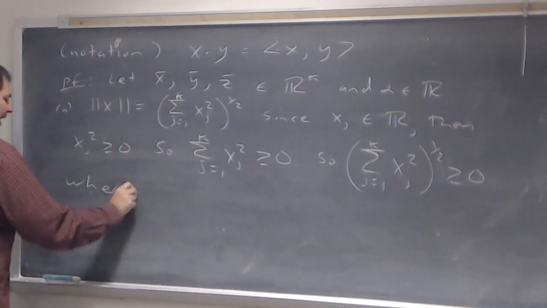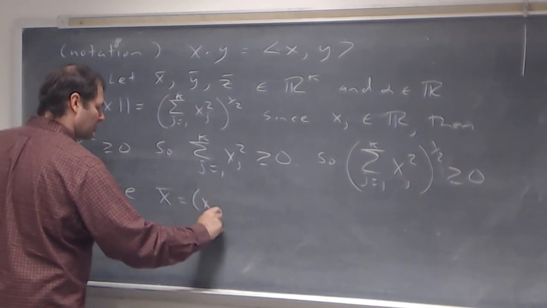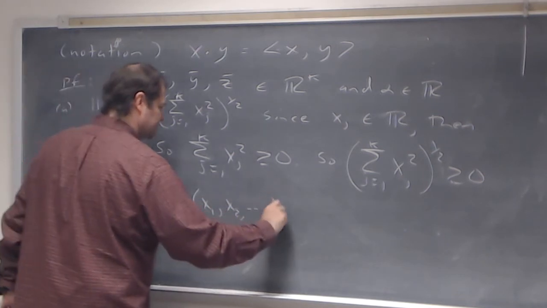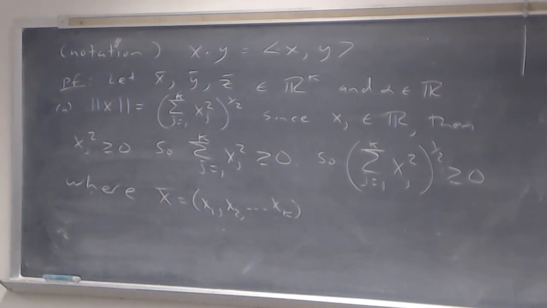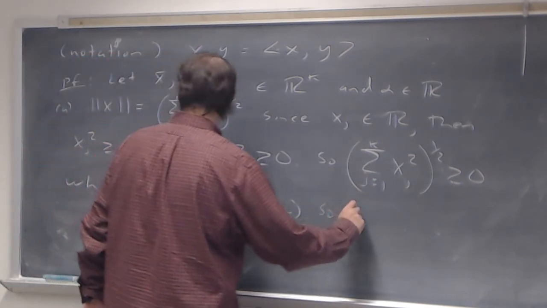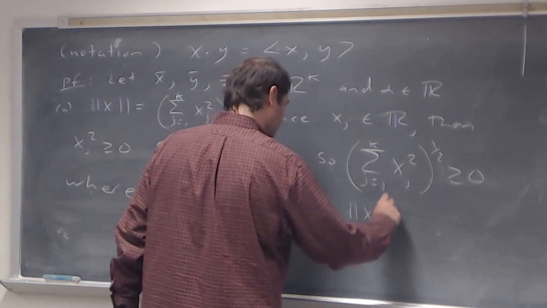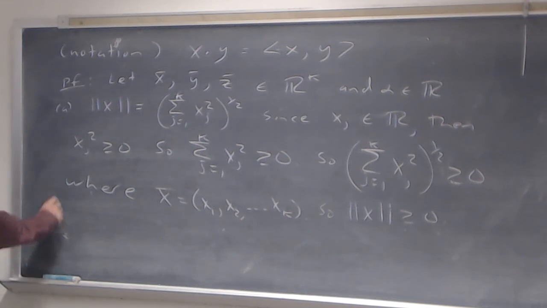I didn't write this out so well, but the x bar is defined to be x1, x2, all the way up to xk. And that proves part A. Let's make this concluding statement: the norm of x is greater than or equal to 0. Then part B,